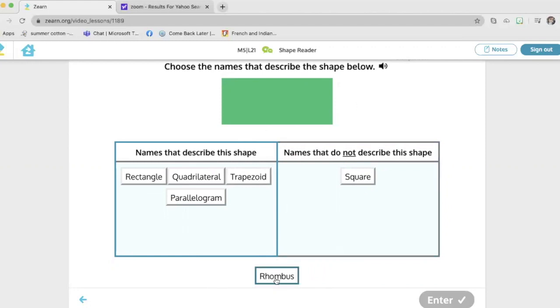A parallelogram has to have 2 sets of parallel sides, so 1 set, 2 sets. And a rhombus has to have all sides the same length. So it cannot be a rhombus because this side is not the same as this side. So let's check